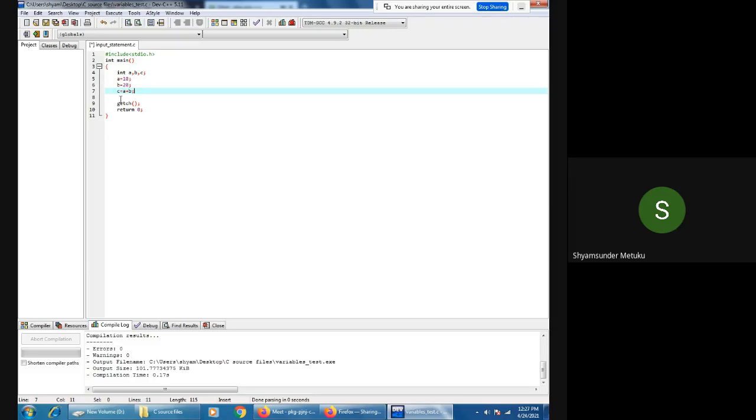I think the printf statement I should have kept as it is. Printf. I wanted to verify the value of c now. Printf the value.